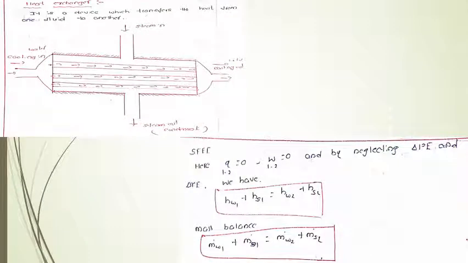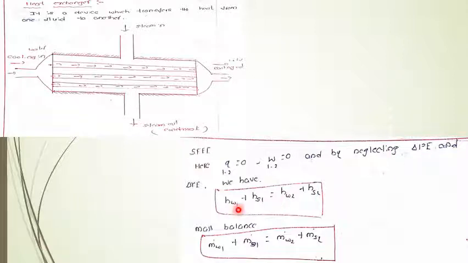Heat exchanger. A heat exchanger is a device which transfers heat from one fluid to another fluid. It is a device within which heat transfer takes place from one fluid to another. Now we will apply the steady flow energy equation to this heat exchanger, and we will see what changes we need to make to the general steady flow energy equation. Here there is no heat transfer from system to surrounding or surrounding to system. Heat transfer takes place within the system itself. That is why there is no heat transfer and no work transfer, and by neglecting the potential energy term and kinetic energy term,